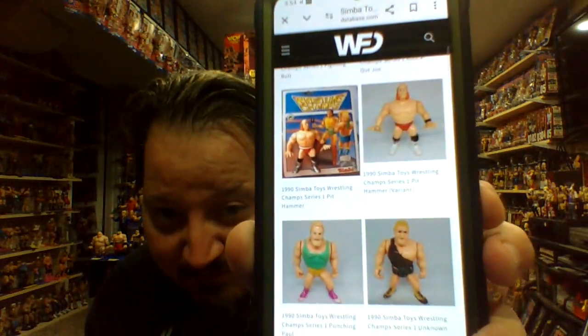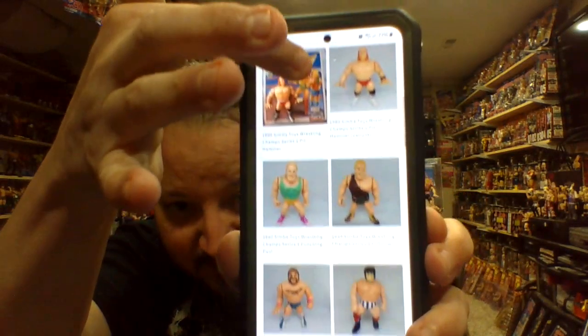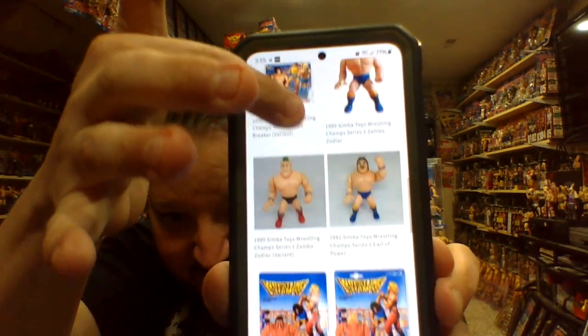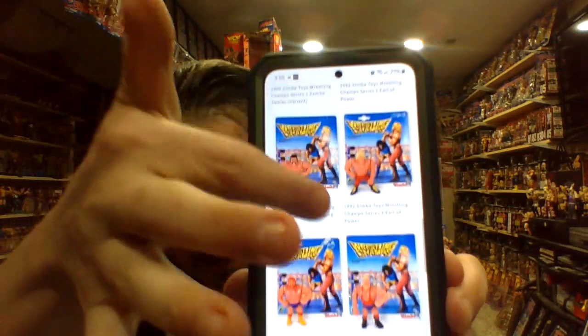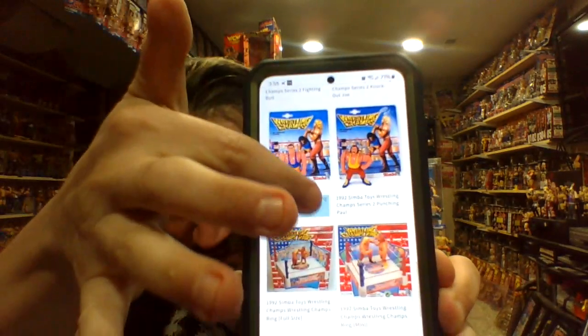See, Series 1 and Series 2, they look nothing alike. Series 1 looks like very cheap, poorly made figures. I don't know if you guys can actually make that stuff out, but that is your Series 1 figures. And then you get into like Series 2. So, I don't know, man. I just don't see...